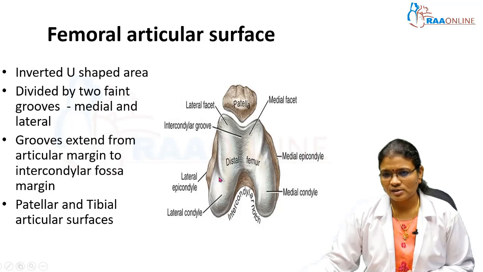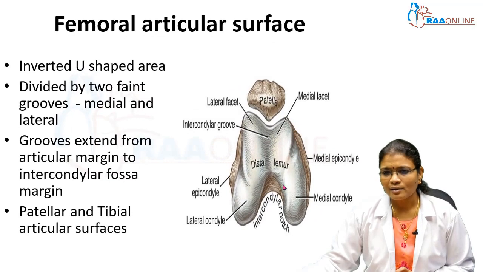Femoral articular surfaces. This is the articular surface of the femur which is inverted U shape. This articular surface is divided by two faint grooves, a medial groove and a lateral groove. This lateral groove extends from the articular margin up to the margin of intercondylar notch. Similarly, this medial groove extends from the articular margin of the articular surface on the medial condyle up to the intercondylar notch. This groove will separate the femoral articular surface into two parts. The central part is called the patellar articular surface and the lateral aspects are called the femoral articular surface which